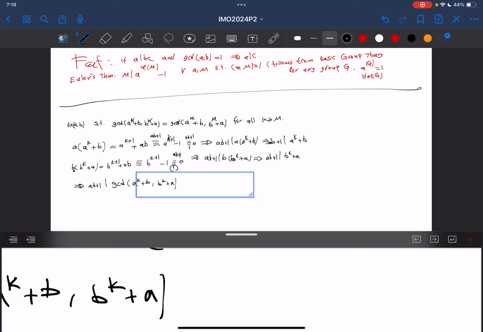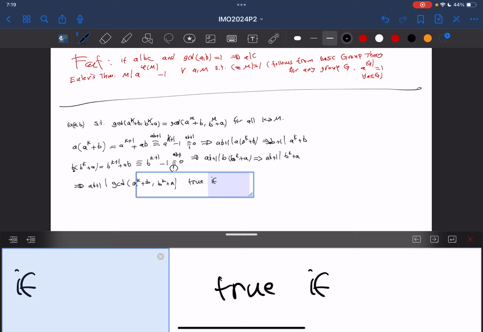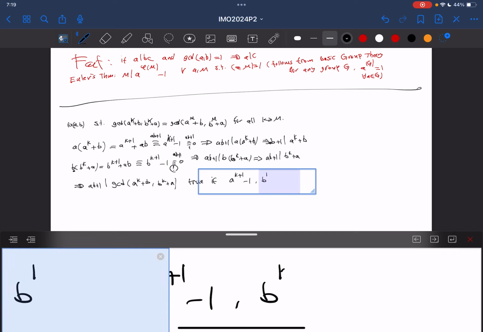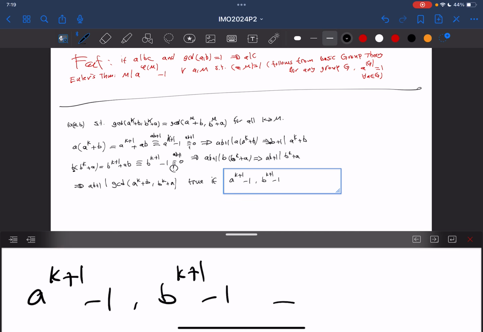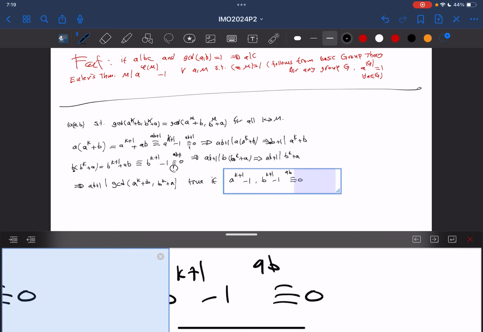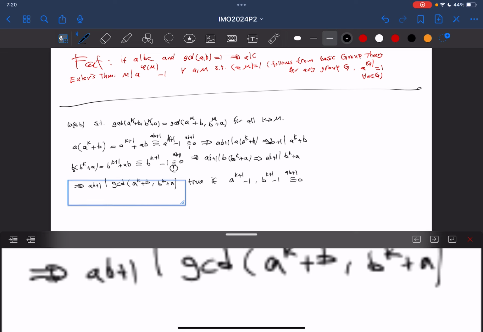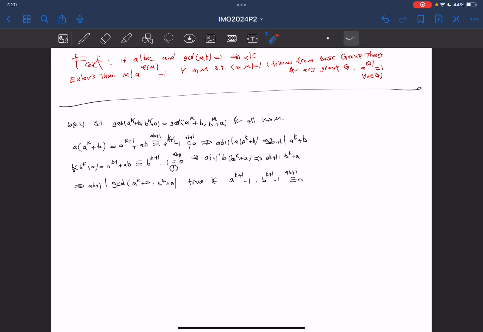And this is true if a to the power k plus 1 minus 1 and b to the power k plus 1 minus 1 are both 0 mod ab plus 1. Right? And so once I have this, then I have this